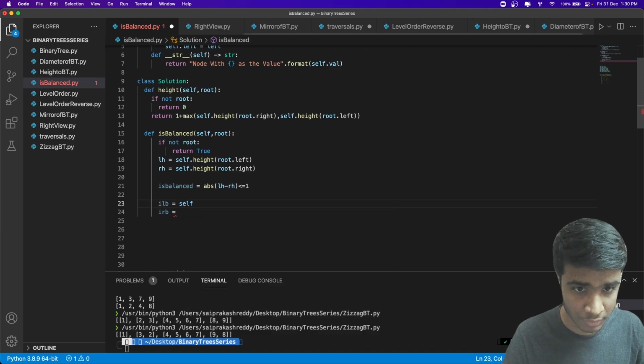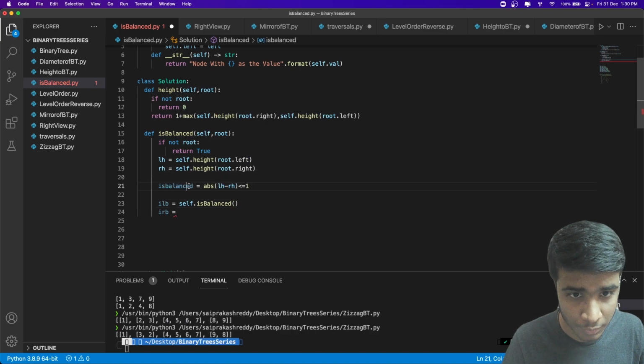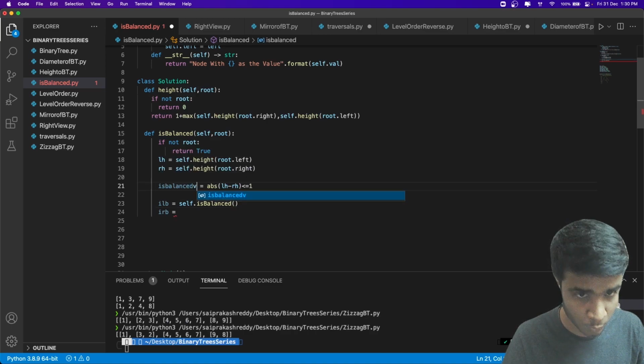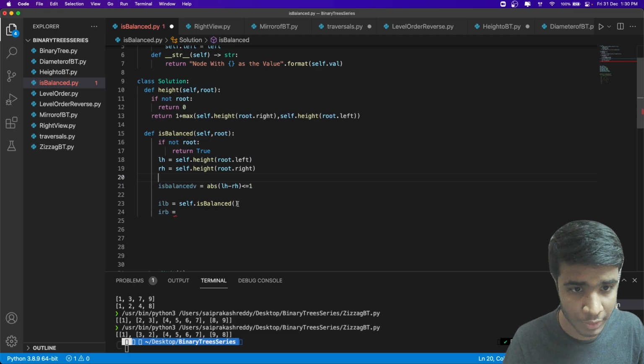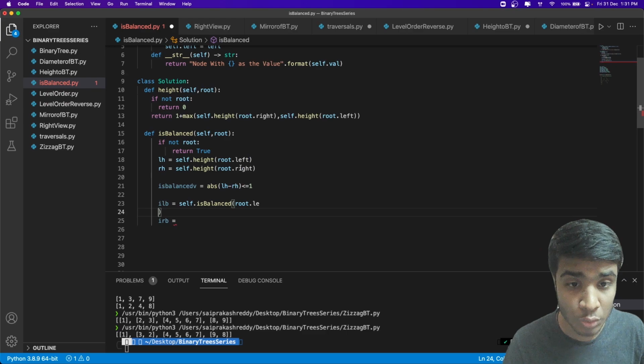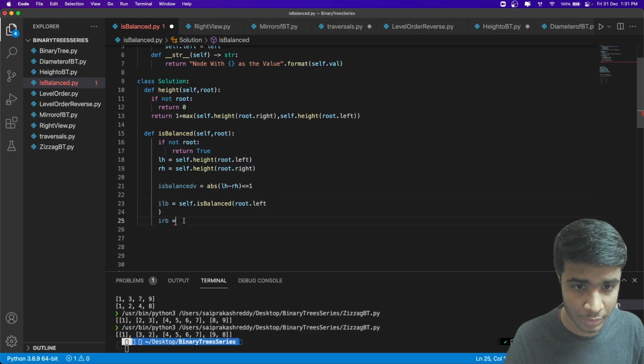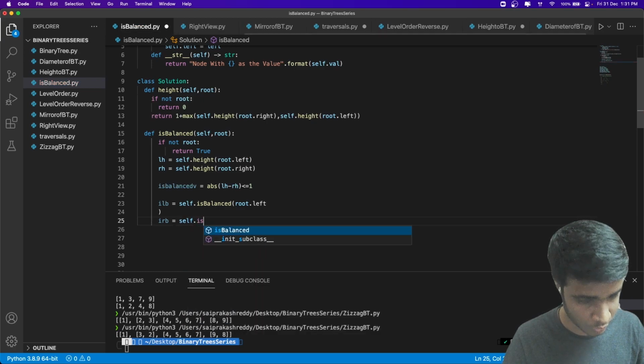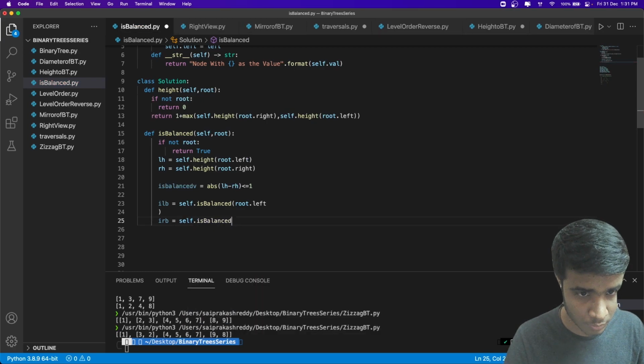So it's going to be self.is_balanced, and I'm going to call it on root.left, and self.is_balanced on root.right.